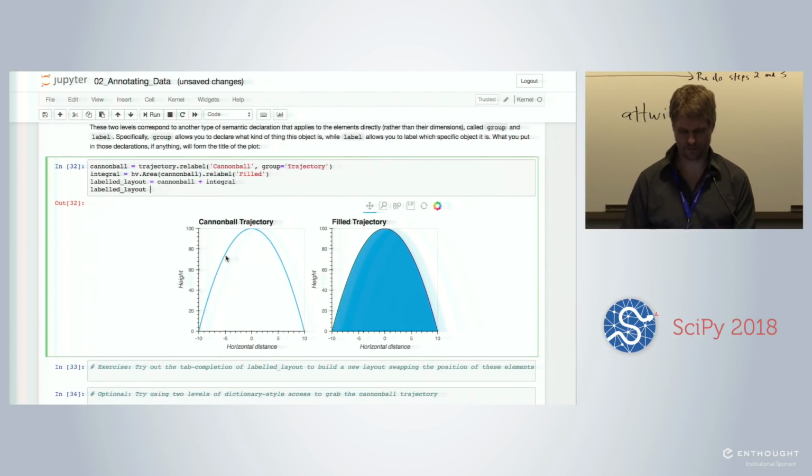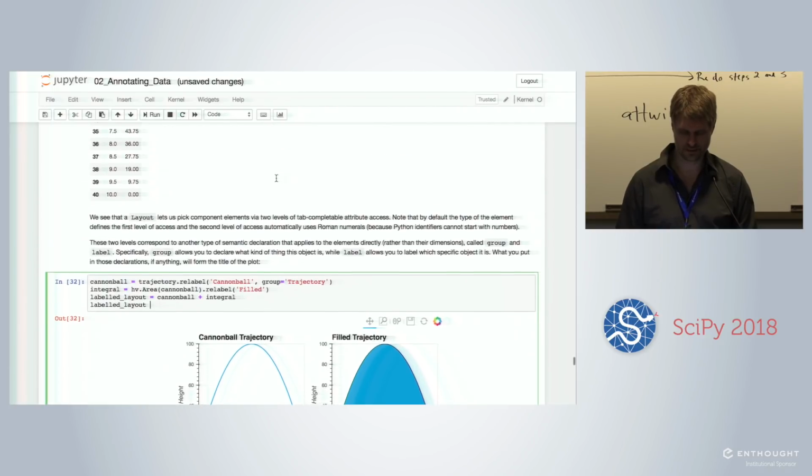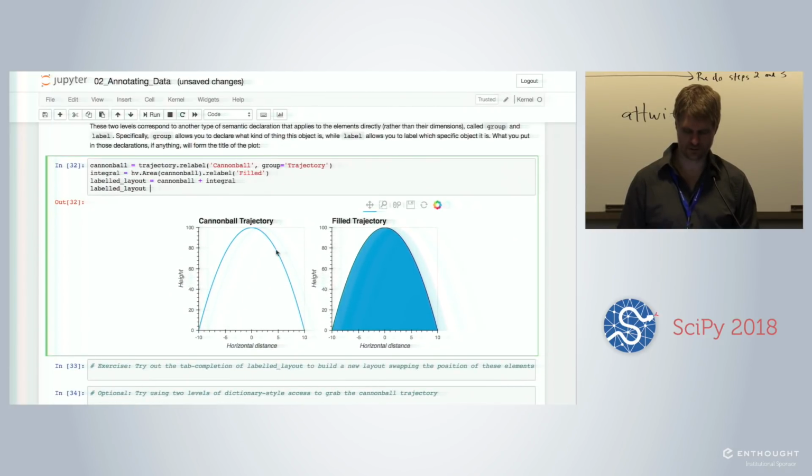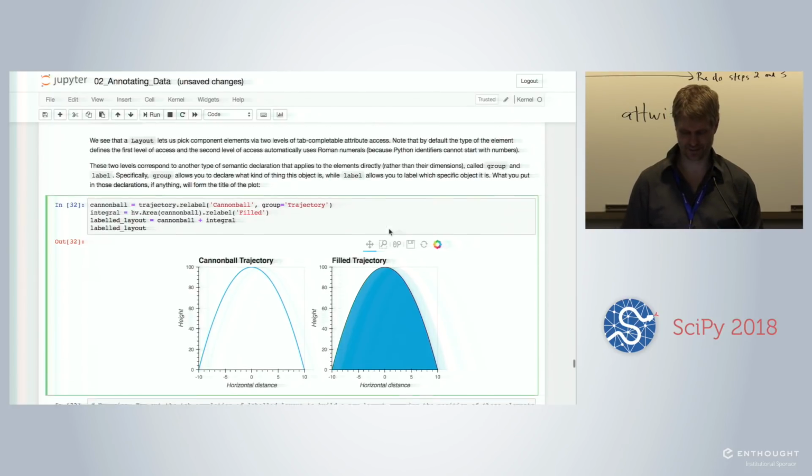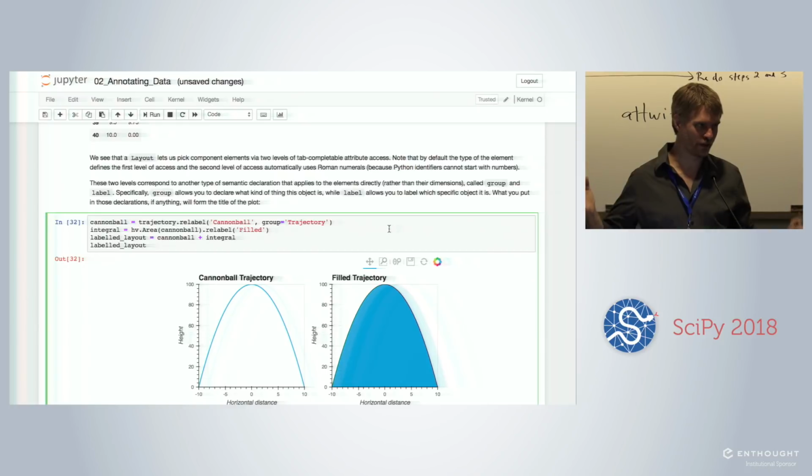This whole thing here, let's say there's one version of it and another version of it. Both of them are trajectories, but one is a trajectory from a cannonball and one of them is from something else. So this is a little bit weird about HoloViews. Basically, everything I've said till now is just provably, demonstrably correct. Nobody could argue with it. Here, it's got an arbitrary level of support for a 2-level indexing system that is useful. It is not the best, or is not the only thing you could do, but